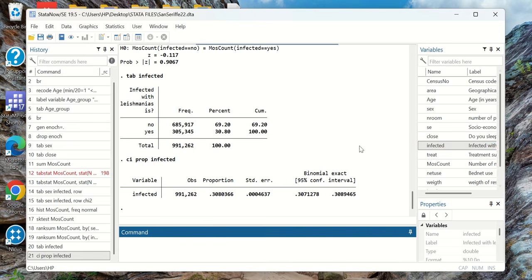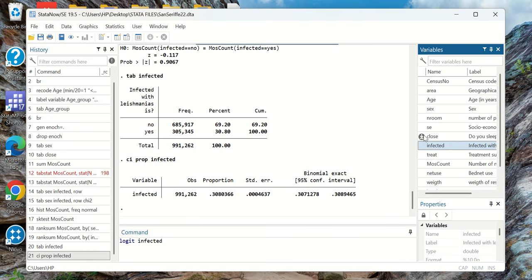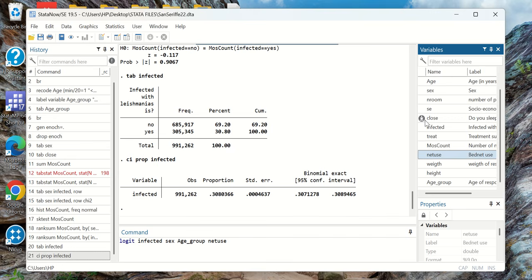Now, to run the model, because the outcome variable is binary in nature, which is a yes or a no, that's presence and absence, usually called dummy variables, the best model to check the factors that are contributing to the infected outcomes is the binary logistic regression. So how do we run the binary logistic regression in Stata? We use the logit command. Then we bring the dependent variable down, followed by the independent variables, which are sex, then age category, then net use, then treat, then closeness to the